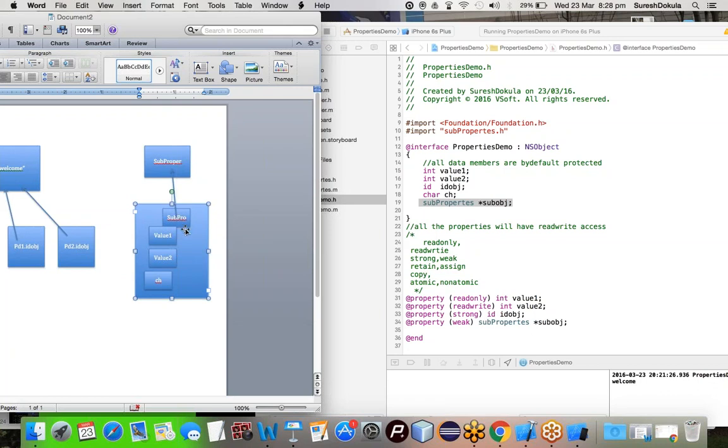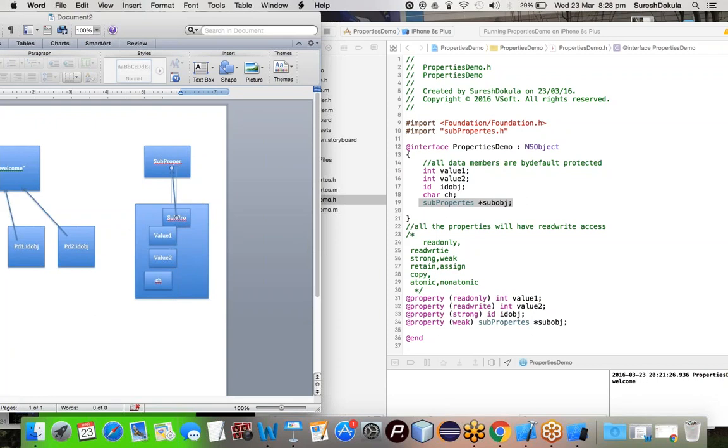So if it is strongly referred, the memory won't be deleted for the PD. If any of the properties is strongly referred to another address, until all the dependencies are cleared, only then will this get deallocated. Until then this property won't get deallocated, and the super properties will also be in the same mode. So like these two still available in the memory address,